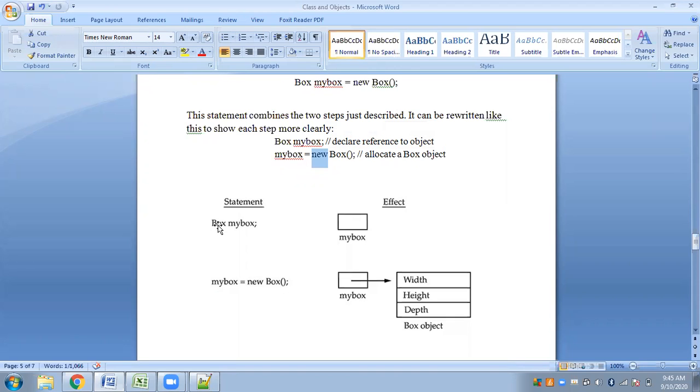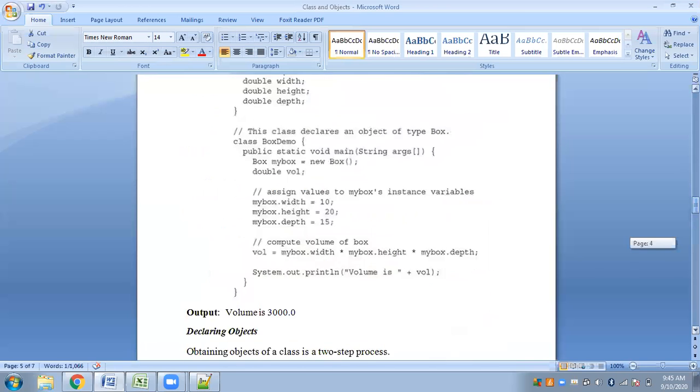So this is the class. For this Box class, one memory will be allocated for the object of this Box class. So this is the Box class object, and for this Box class object, one memory will be allocated by the new operator. And as I said, class is just a description of objects, and object is the implementation of the class. So if you go back to the program, what did you see here?